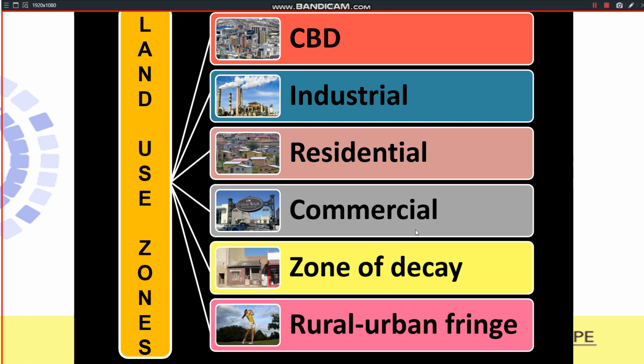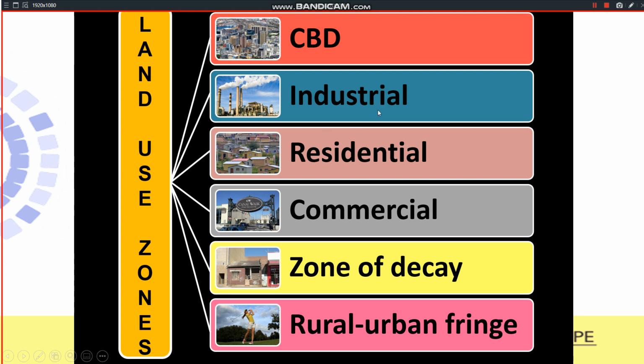Let's go on to these. Let's start off now with our land use zones. This is very important for the exams, learners, because you can score easy marks here if you know your land use zones and you know them in the following way. You are able to identify it on a sketch or a diagram or a picture, and you are able to give the characteristics of each of these zones. They are as follows. We found the CBD, and there is a picture, diagram of the CBD.